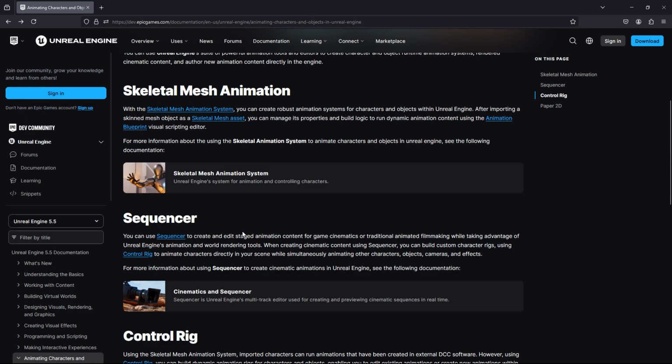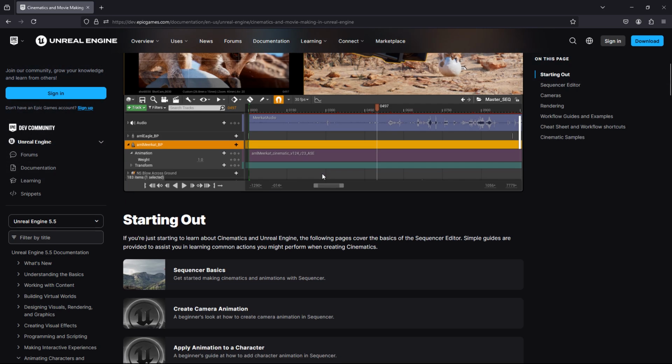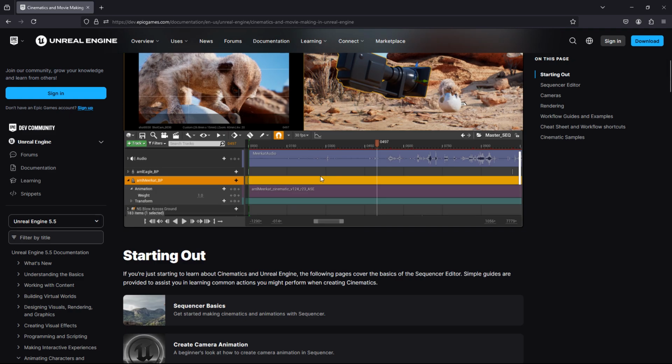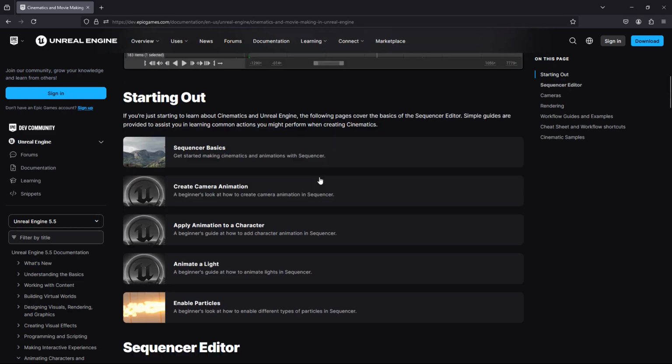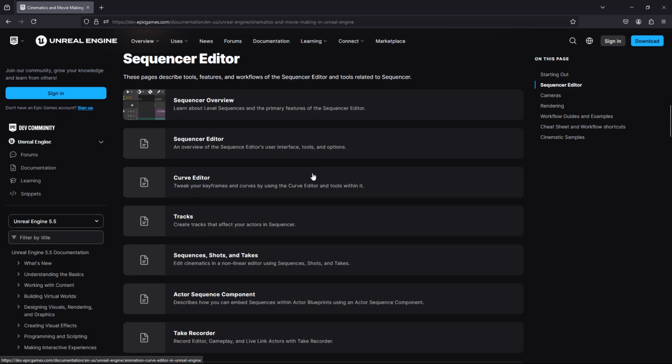And we go back to our sequencer. This is kind of like editing your own movie or editing your own cutscenes and stuff for your game. So it's like editing a movie, creating cinematics, adding animations to the scene, adding animations to your character, adding music and sounds and all that good stuff. So it's the same as being an editor, right? But it's a game editor for